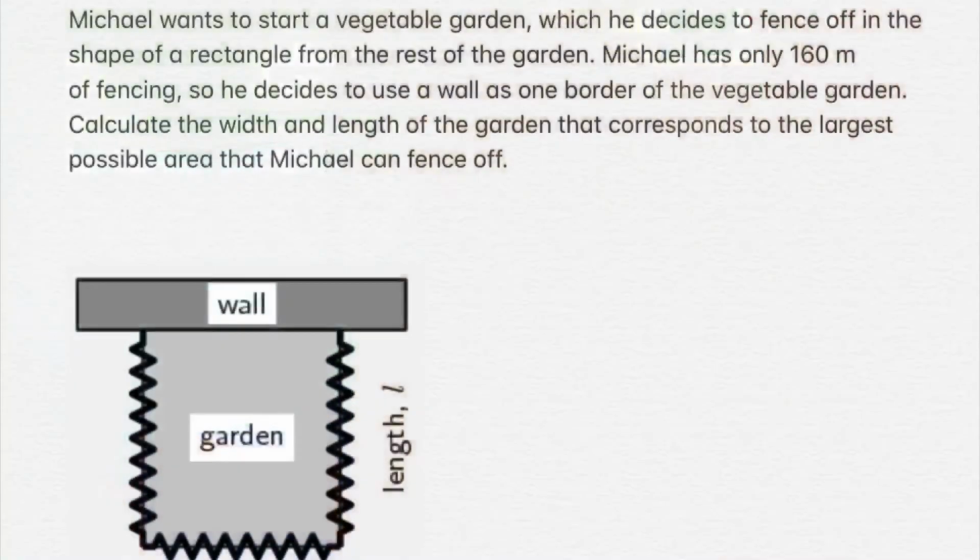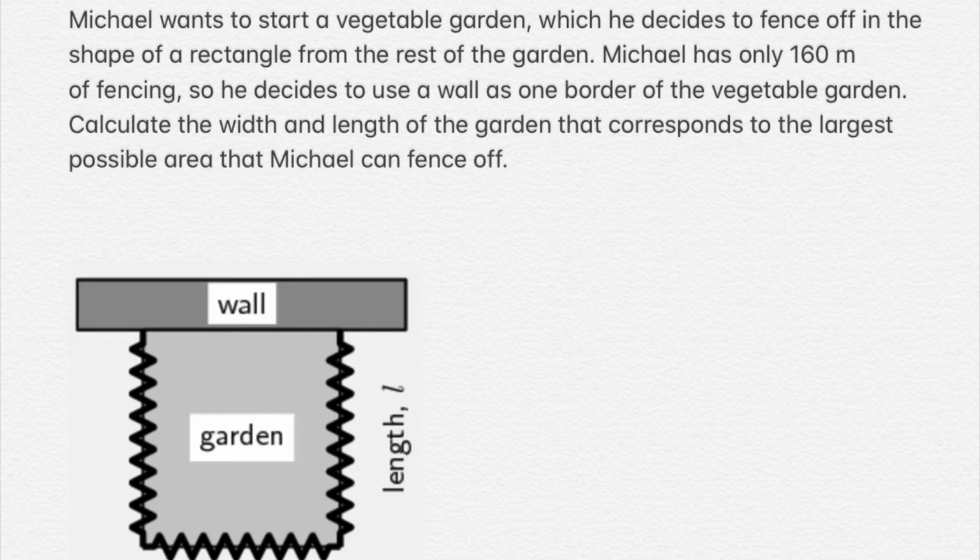today. So this is the question that we have been given for today. Michael wants to start a vegetable garden, which he decides to fence off in the shape of a rectangle from the rest of the garden. Michael has only 160 meters of fencing, so he decides to use a wall as one border for the vegetable garden. Calculate the width and length of the garden that corresponds to the largest possible area that Michael can fence